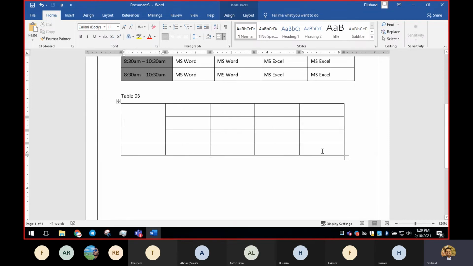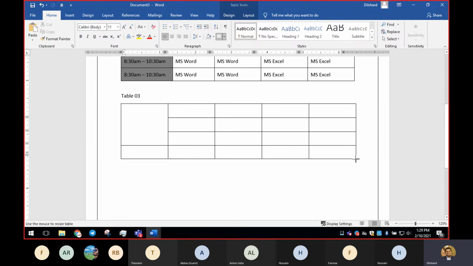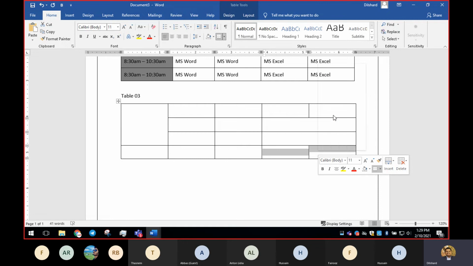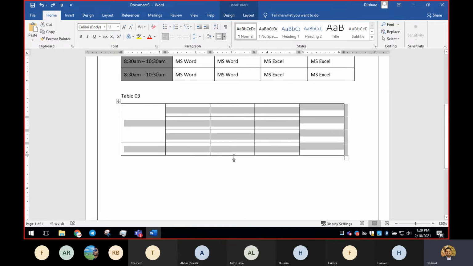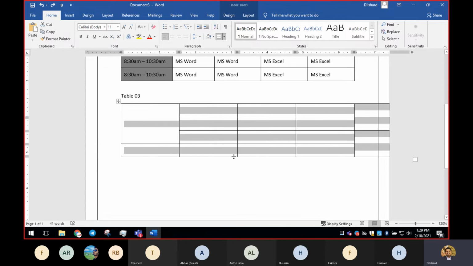If you know only the option merge cell, how can we achieve this? We highlight these and merge one by one. There is no need to merge these two together, or else we'll go back to the original position.